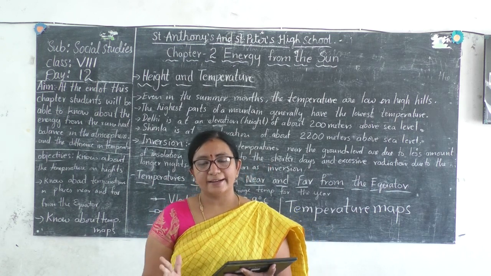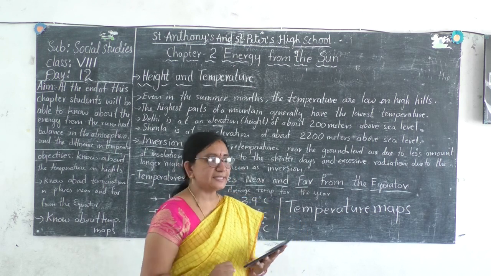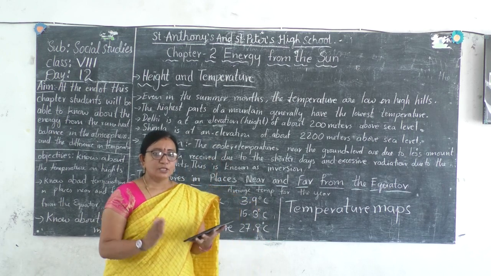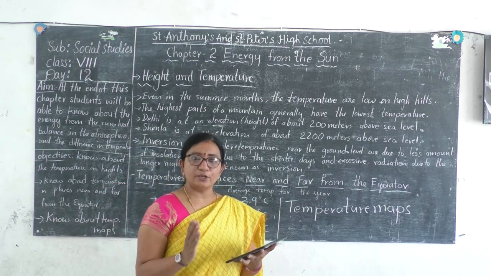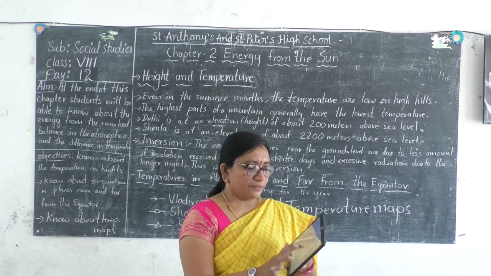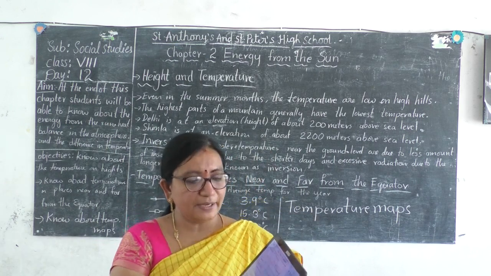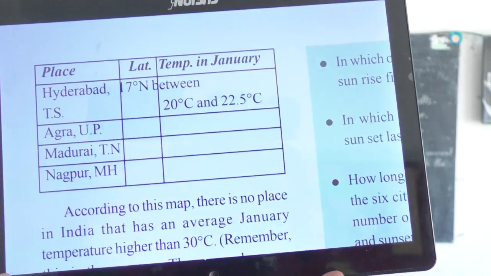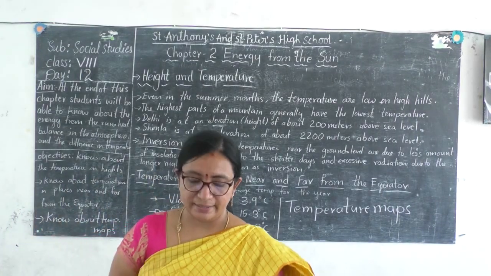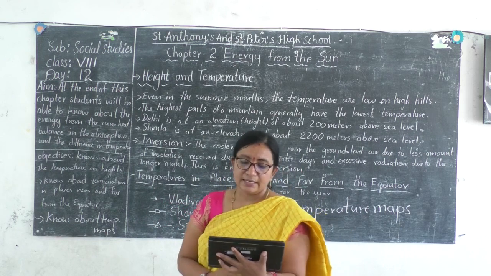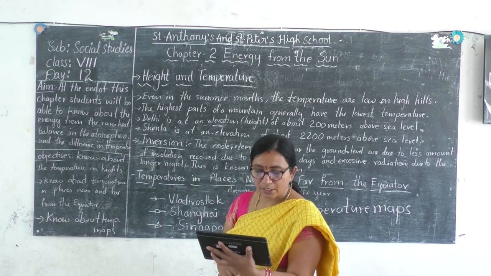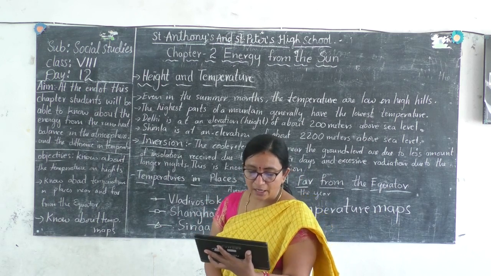So you have to take one atlas. In all atlases, it is compulsory that the maximum and minimum temperature of a particular place is given. So take out that temperature map and do this activity with the help of a table. You have to make a table like this and note down the temperature of those places. You have to draw this in your classwork. And then with the help of the atlas, write the temperature in the month of January of Agra, UP, Madurai, Tamil Nadu, Nagpur and